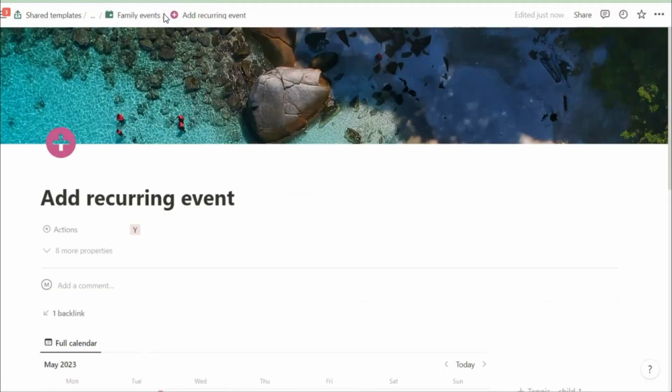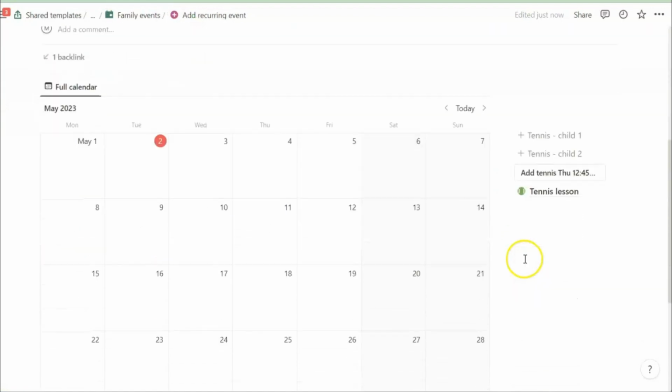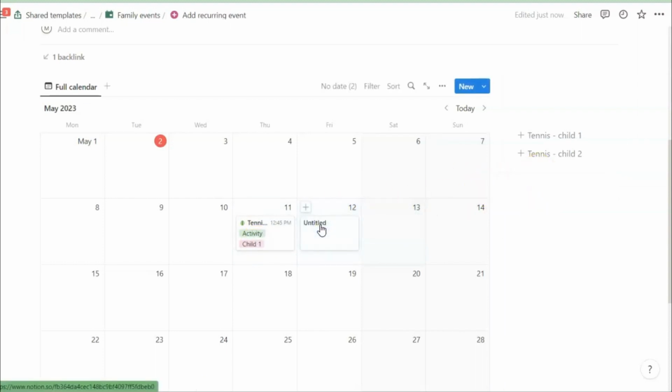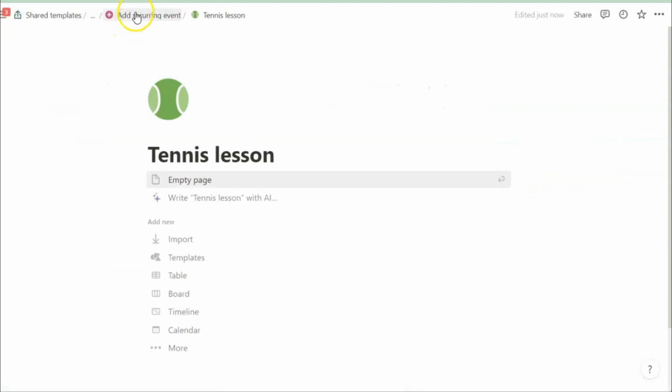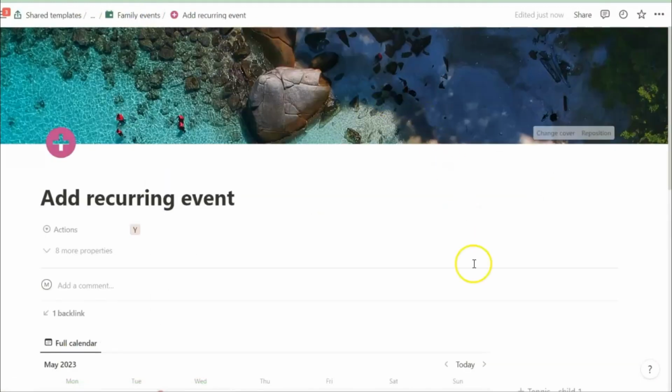So now when I click the button, let's move to today, it will create an instance of the tennis lesson. And if I drag the tennis lesson into the calendar, just in the same way as I used to for my templates that you can still see above, it will, oh no, I don't want to drag my whole button, let's undo that. If I create the instance first, and there it is under the button,